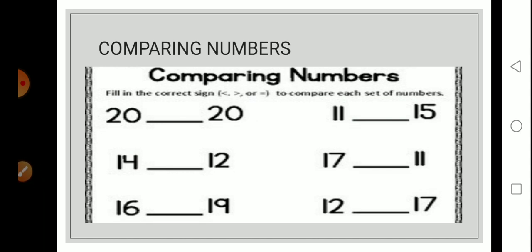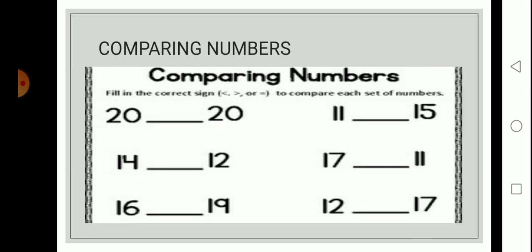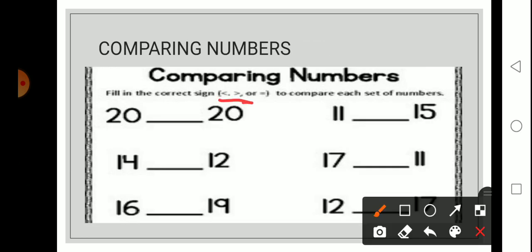Now in compare numbers, I have taught you, as you can see, the sign over here. Crocodile faces are this. Crocodile face, right? Crocodile mouth, I can say. The crocodile opens their mouth where there is more food, right? So between 20 and 20, these are equal. So for equal, we put 2 sleeping lines.